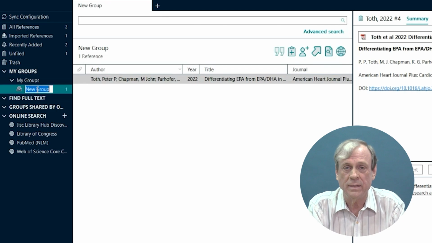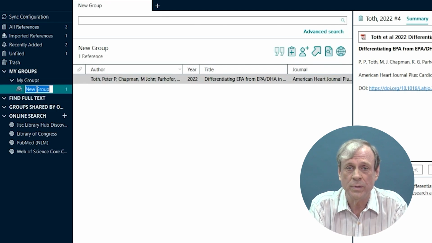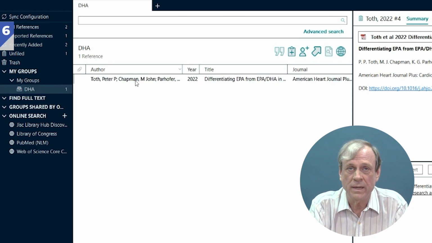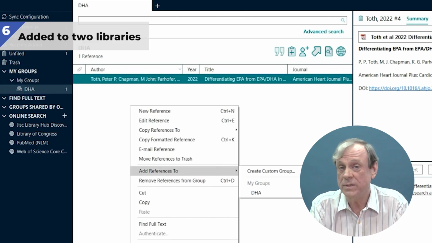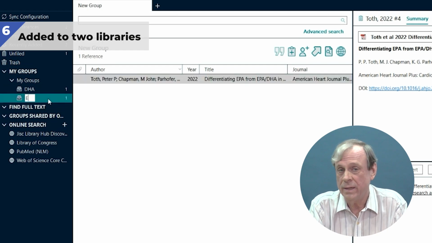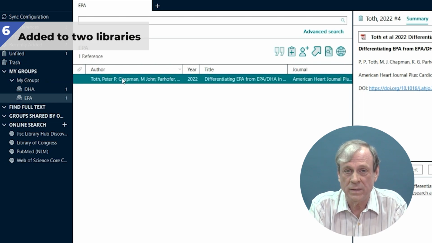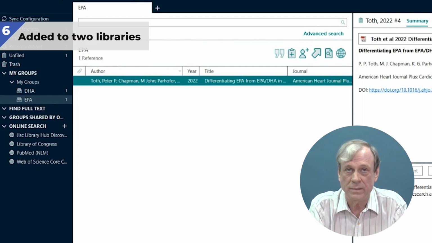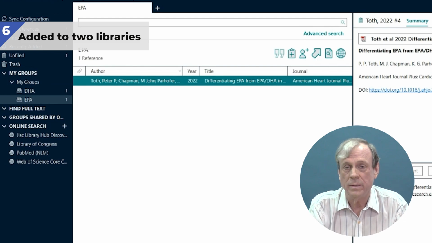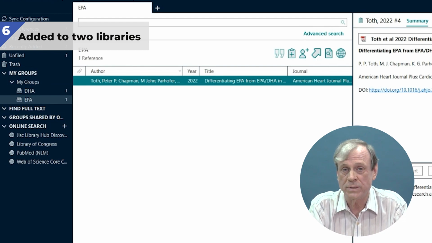If you click that, it will say create a custom group, and then you click on that and you can name it. In this case, I'm going to put this in two different groups, DHA and EPA, because it talks about both. And so now you can see, if you look over on the left-hand side, that I have two groups, and this same article is listed in both groups.